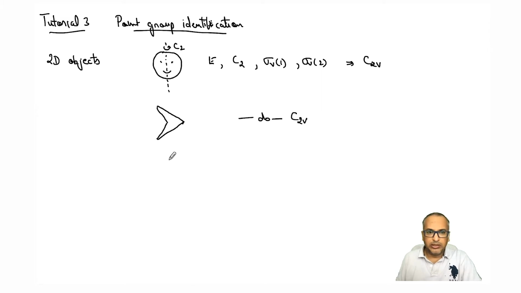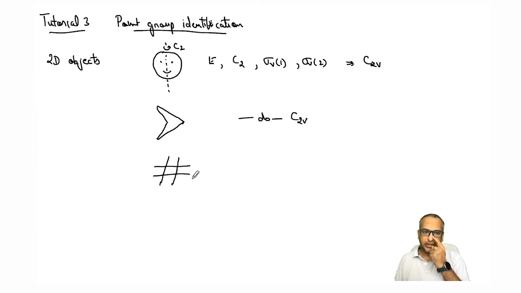Now let's look at the hash sign. That can get a little tricky. What is the point group here? Consider that these lines are parallel and slightly angled to this one. So the vertical lines are not completely vertical but at a certain angle. Let's say the angle between them is 80 degrees or something. Okay, so now what will be the point group?